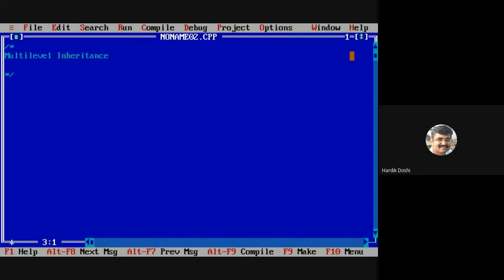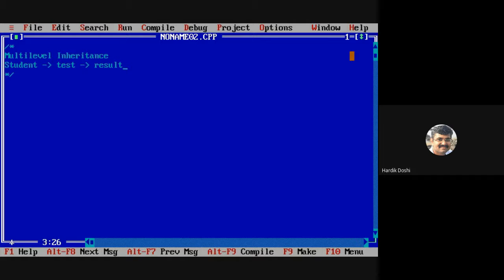Before writing the program, I am just describing which type of inheritance I am going to do. There is one student class, which gets inherited to the test class, which gets inherited to the result class.